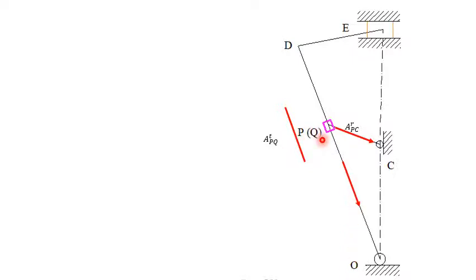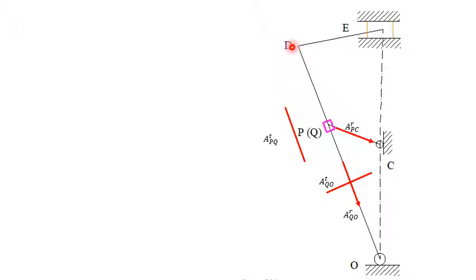Next, let us consider this OQ, the slider on link OD. Here the center of rotation is O. Therefore, radial acceleration will act towards the center of rotation. This is nothing but the radial acceleration of Q with respect to O. Since it is not having rotational motion but oscillatory motion, we obtain another component of acceleration, the tangential acceleration, which is tangent to the link or perpendicular to the link. This is the tangential acceleration of Q with respect to O.